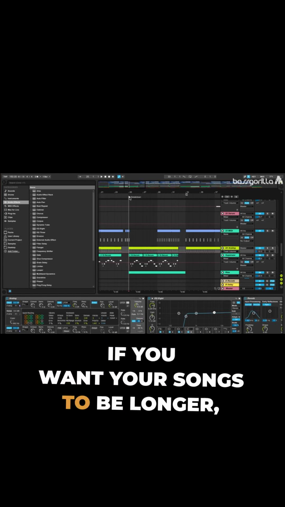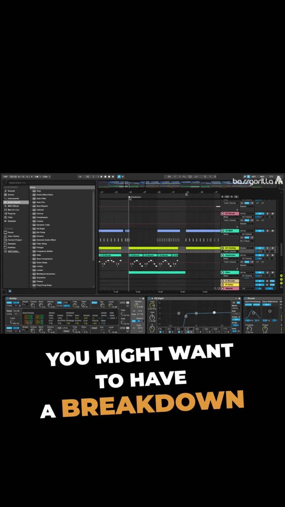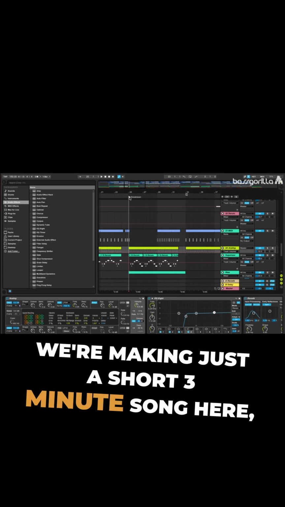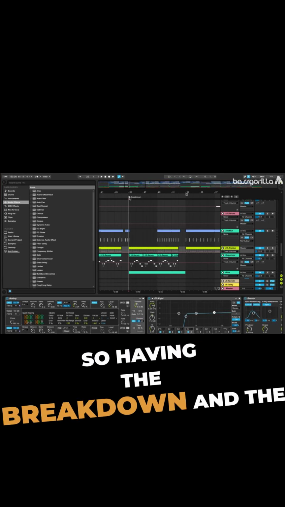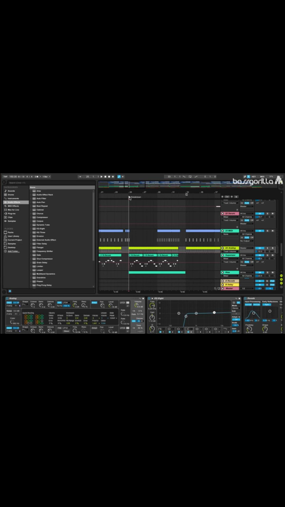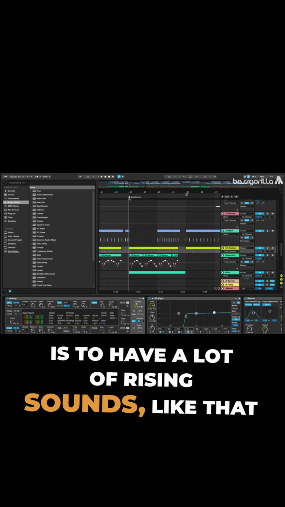If you want your songs to be longer, you might want to have a breakdown be separate from the build-up, but we're making just a short 3-minute song here, so having the breakdown and the build-up occur at the same time will work. A very important part of build-ups is to have a lot of rising sounds, like that sound